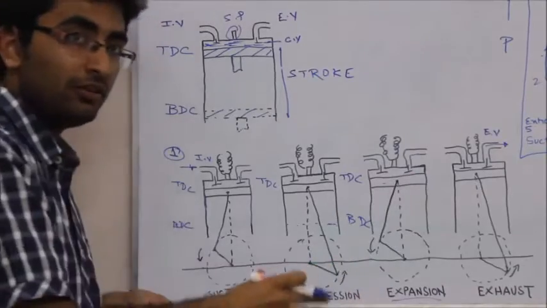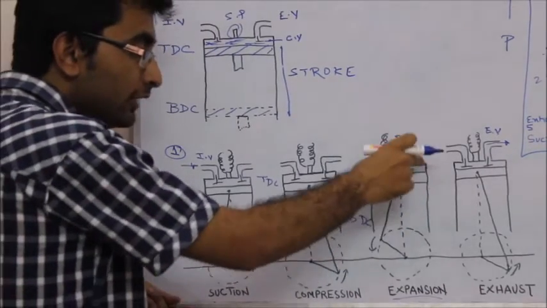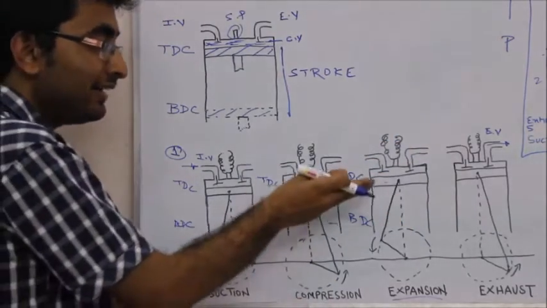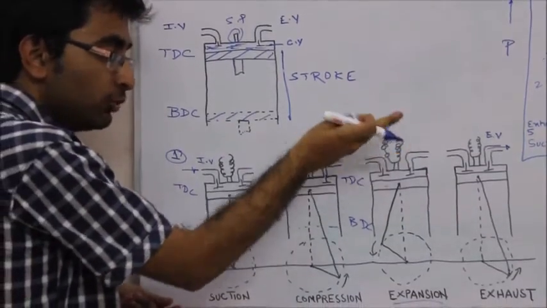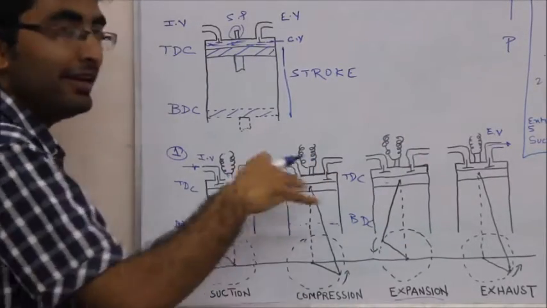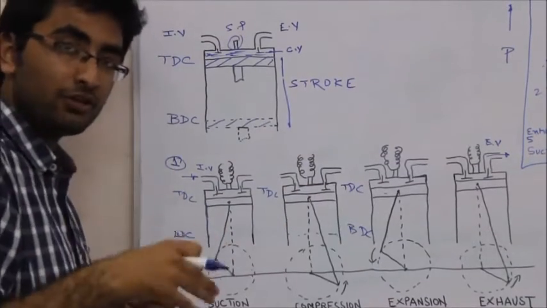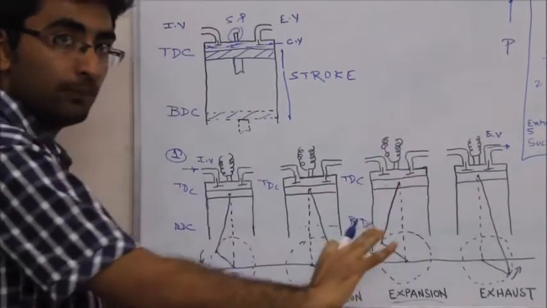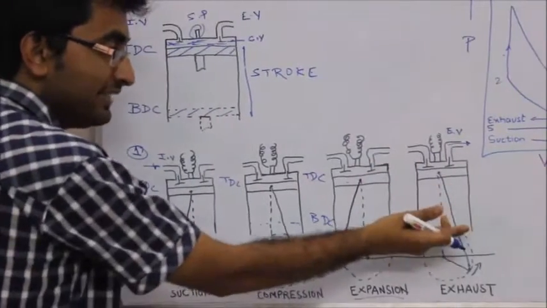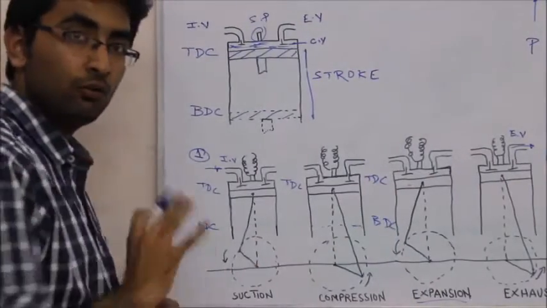Now, after ignition, very high pressure and temperature is generated, due to which the piston at TDC moves to BDC. That is, high pressure forces the piston to move from TDC to BDC. And now, inside the cylinder, only the combustible air fuel mixture is there, and this needs to be forced out. It is forced out through the exhaust valve when the piston moves from BDC to TDC again. This was the actual four stroke.